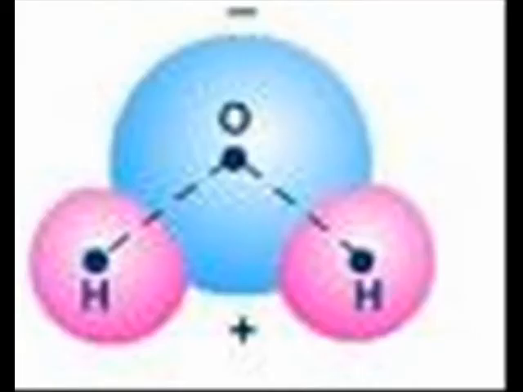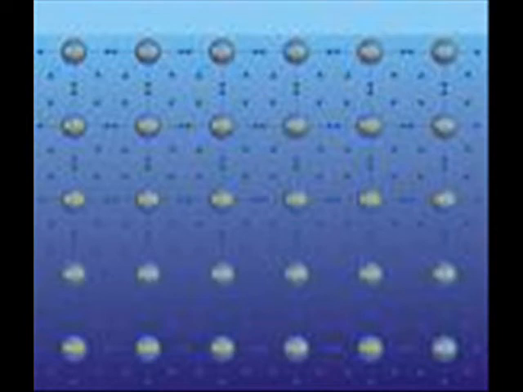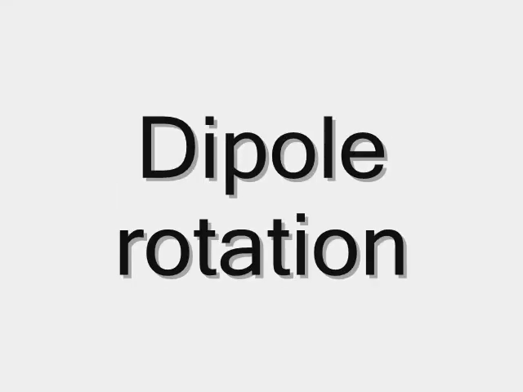Water molecules are polar molecules, meaning that they have a slight charge at certain parts. As the microwave propagates through the body of water, the molecules of water align themselves according to the electromagnetic field. This movement is called dipole rotation, and it pushes, pulls, and collides with other water molecules, thus transferring energy throughout the body. The movement of these particles translates into heat energy,